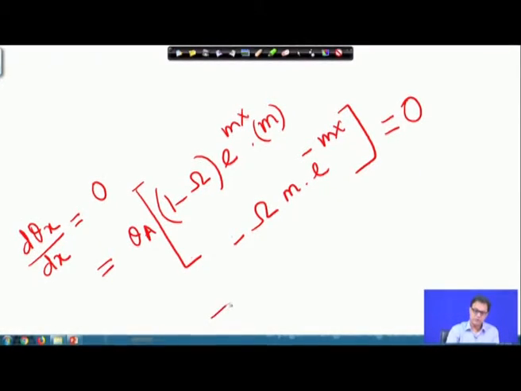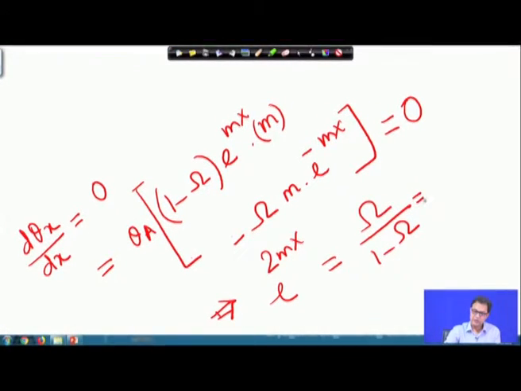So, this will lead to, if you do a little algebra, you will find that e to the power 2 m x is equal to omega by 1 minus omega,